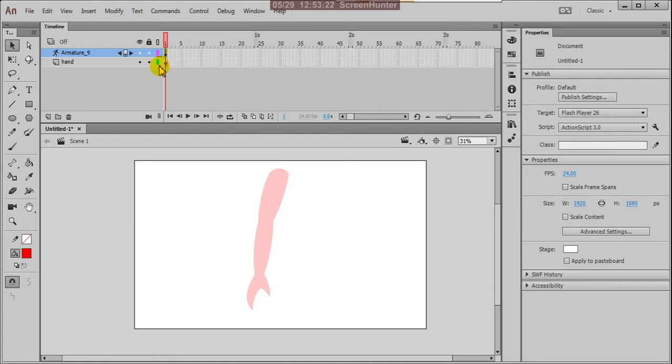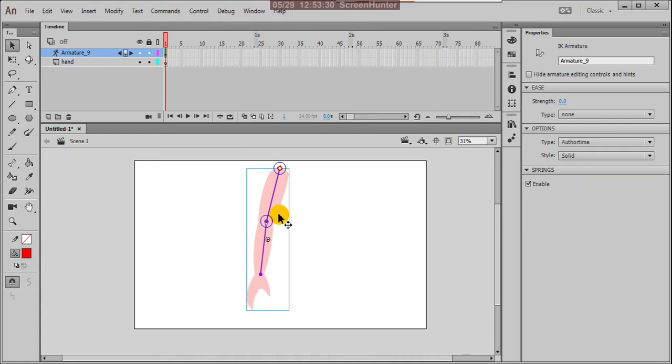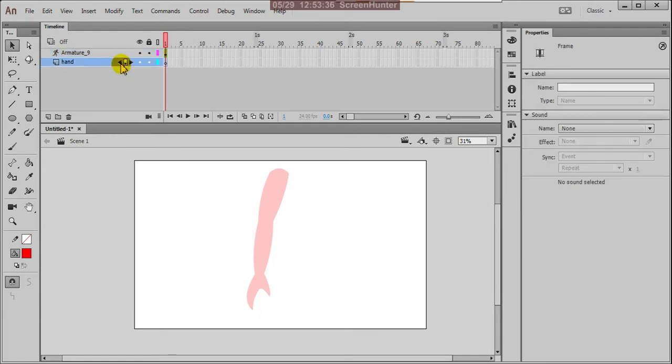Armature means the rigged body, the rigging, the wireframe we are adding inside the hand. This is our normal regular drawing layer, but it is now adapted to that layer.